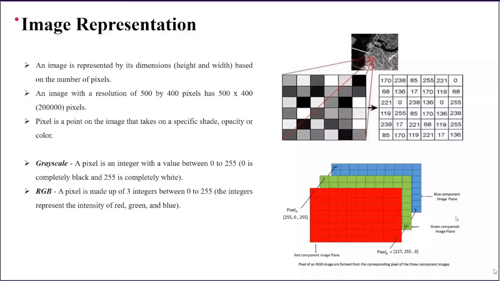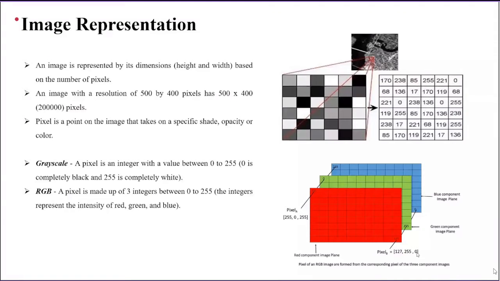For example, if you look at this picture at the bottom of this slide, you can see the pixel value is 127 for the red channel, 255 for the green channel, and 0 for the blue channel. So if you combine these pixel values of this particular RGB, you will get 127, 255 and 0. With the help of these RGB values of each pixel, we can compute or extract the feature information from these pixels.